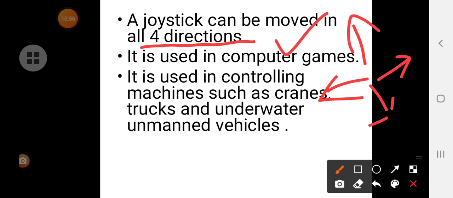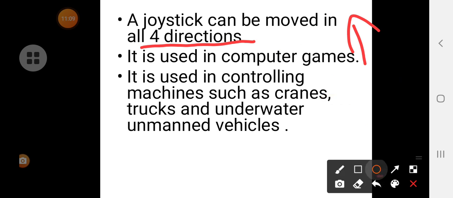Whenever you are playing a game on a computer, at that point of time, this joystick is used, and underwater also, at that point of time these joysticks are used.